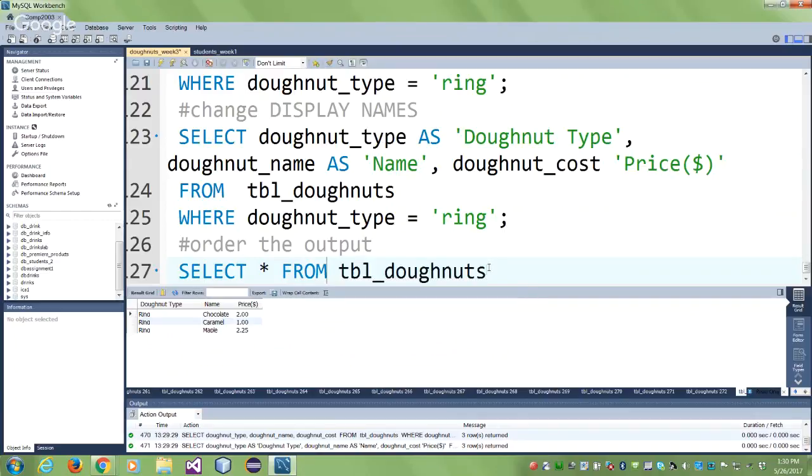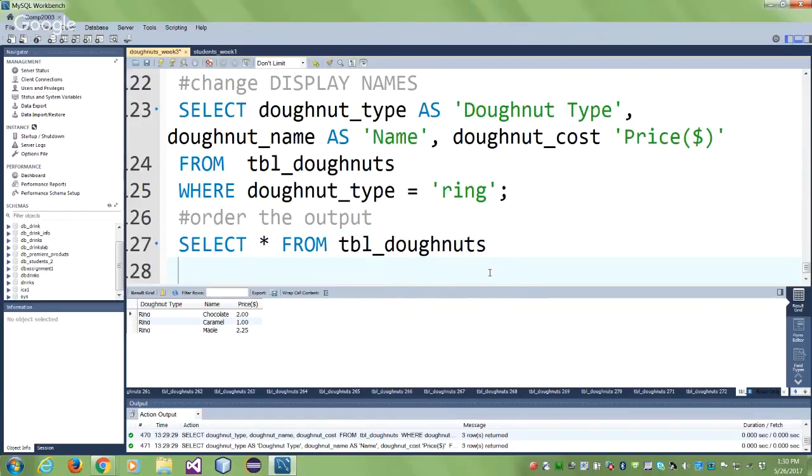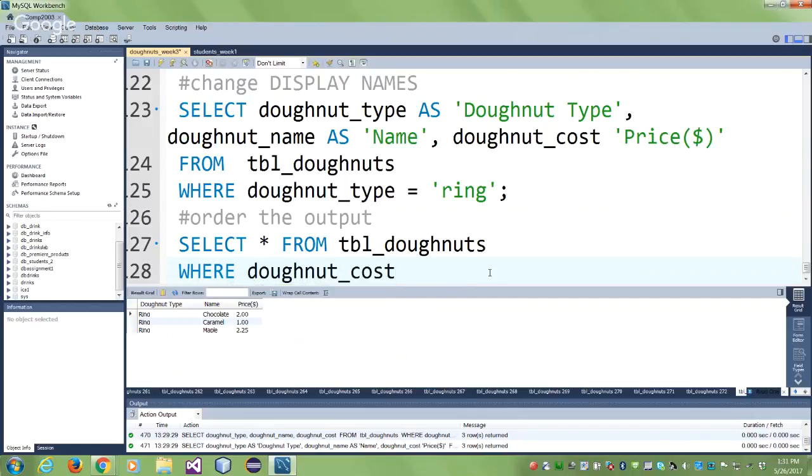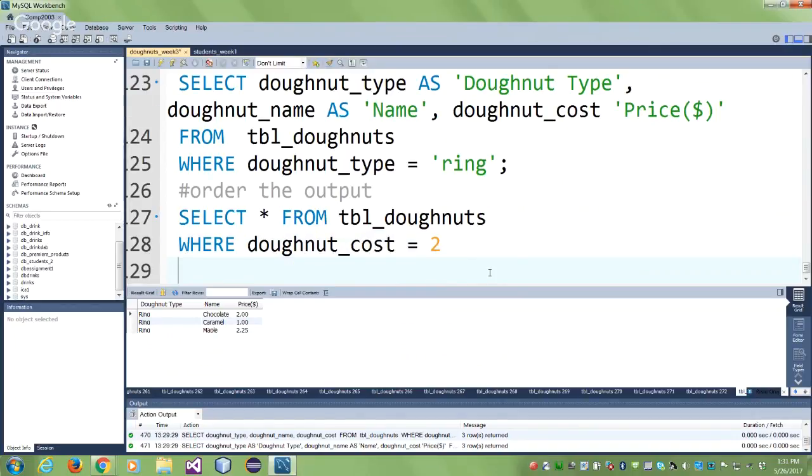You can put a condition if you like, but we'll need more than one. What had more answers? Where name was like apple, but apple fritter comes before apple. Okay, so we'll see a different order. I'm trying to see where I have more than one. Oh, the cost was also, yep. Okay, let's take this one then. I think I had a few of $2 where donut cost is 2, and I'll say order by,